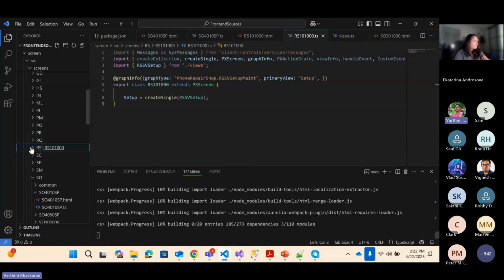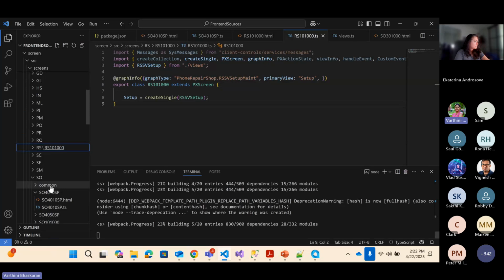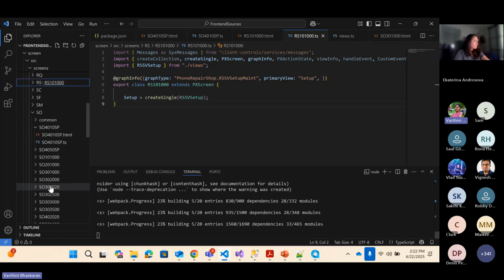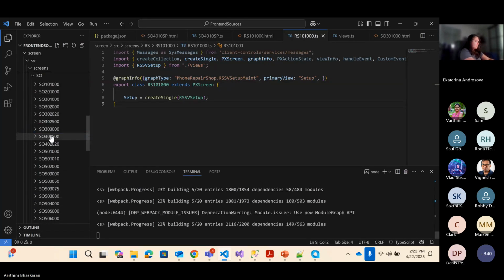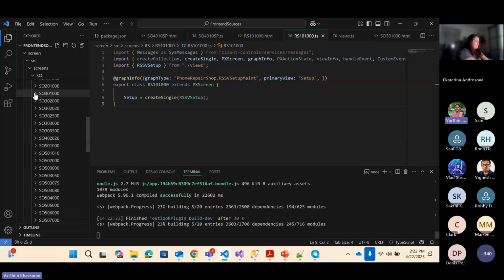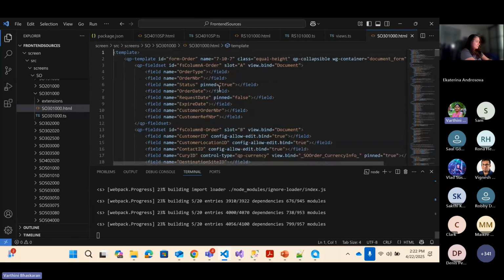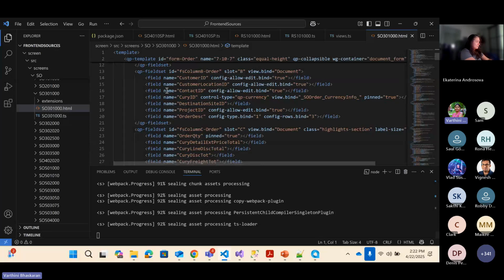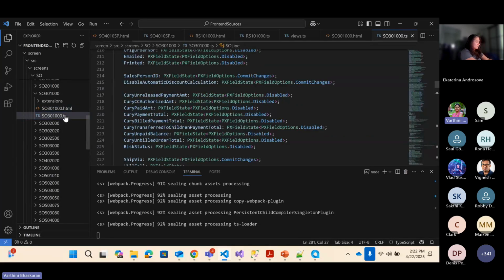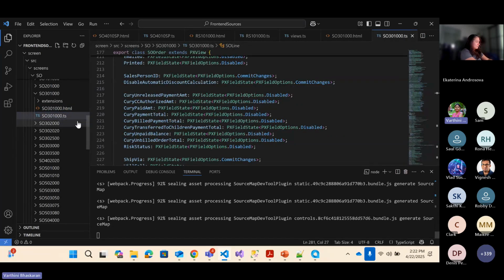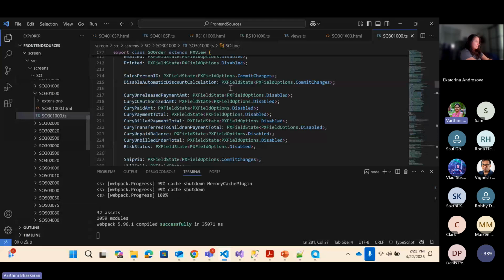Now let's see how to create a grid. For that, let's review from the sales order screen itself. Let's go into the SO301000 screen. So this is the HTML for our SO301000 screen, or sales order screen. From the TS file, we can see